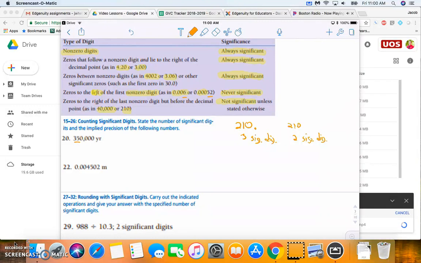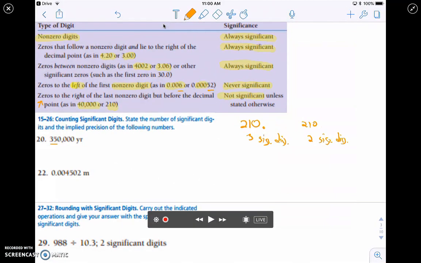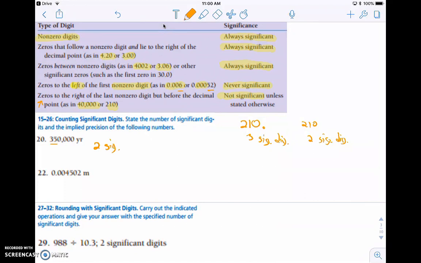Okay, so we have 3 and 5. Those are definitely significant digits because they are non-zero digits. But then every zero after that is not significant, and that will follow this last point right here, that those zeros are not significant unless they were to throw a little decimal on the end there, which they did not. I'm sorry, make this big full screen. So this has 2 significant digits,